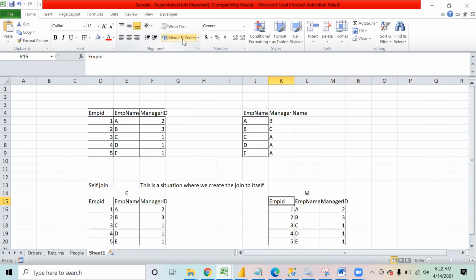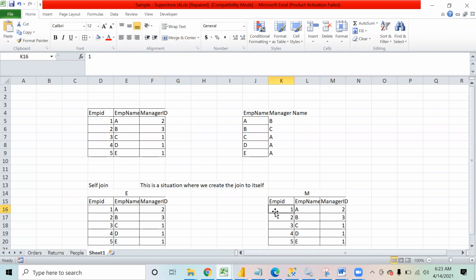I guess now you can do it. Right, Radhika: E dot EMP ID equal to M dot manager ID, or I can say E dot manager ID equal to M dot EMP ID.